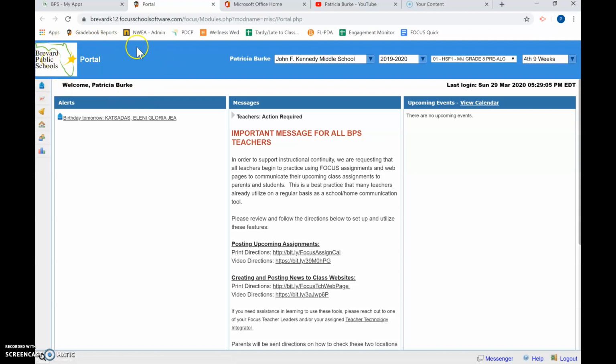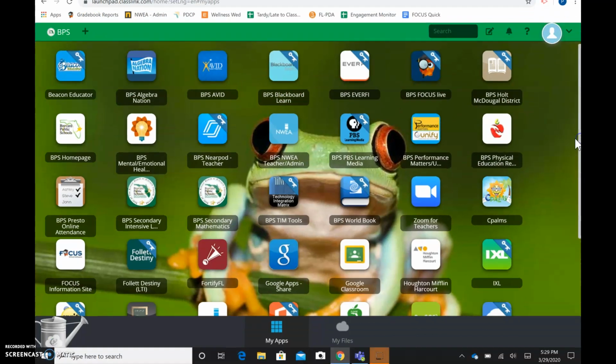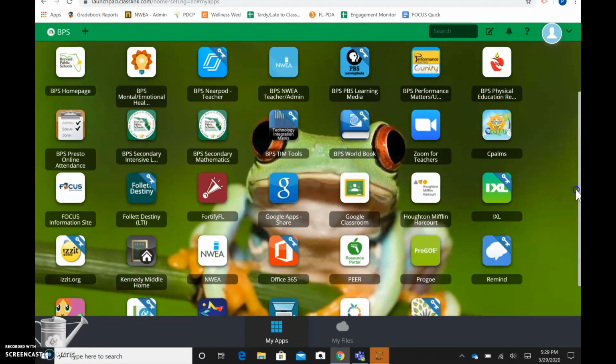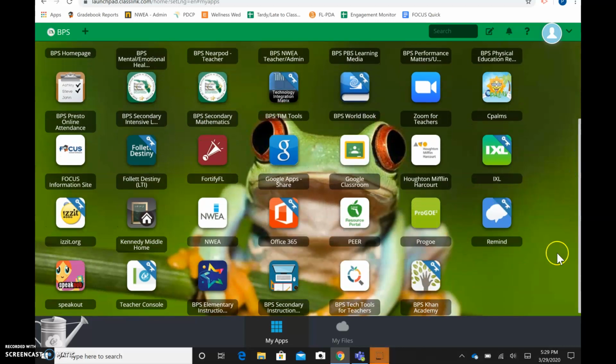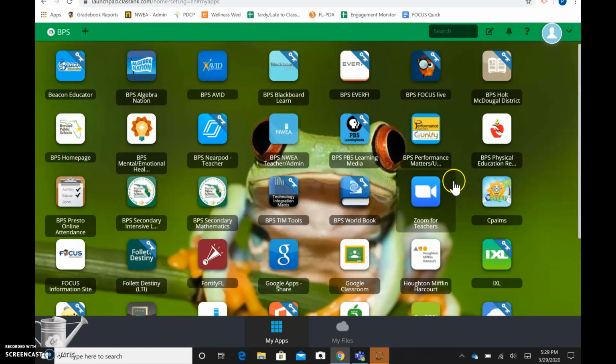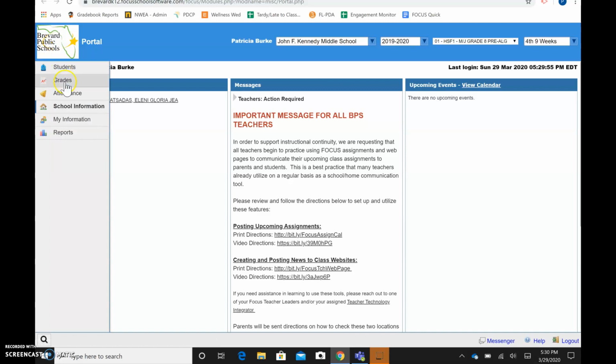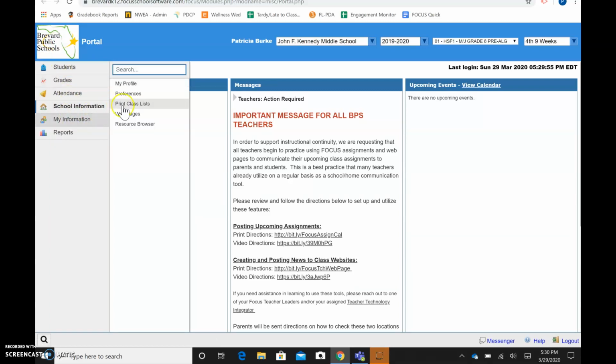So you will go to Focus for all of your assignments. And then I will also be using Remind. If you do not have Remind, you might want to download it on your phone. You can also get it through Focus. If you don't have the class codes, if you go up to your Focus account, you will be able to, let me see, for me it's My Information. If you go to the web page,